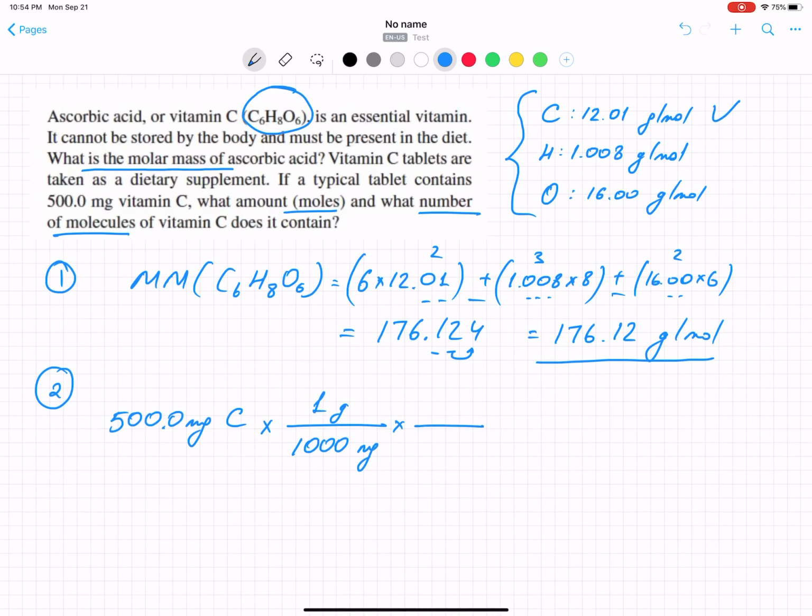The next step: since it's gram here, it should be gram here, and here should be mole. What you found, 176.12 grams, and here's 1 mole. That's how you will find the moles. Let's cross out some units. Mg is gone, g is gone, g is gone. So what you have is